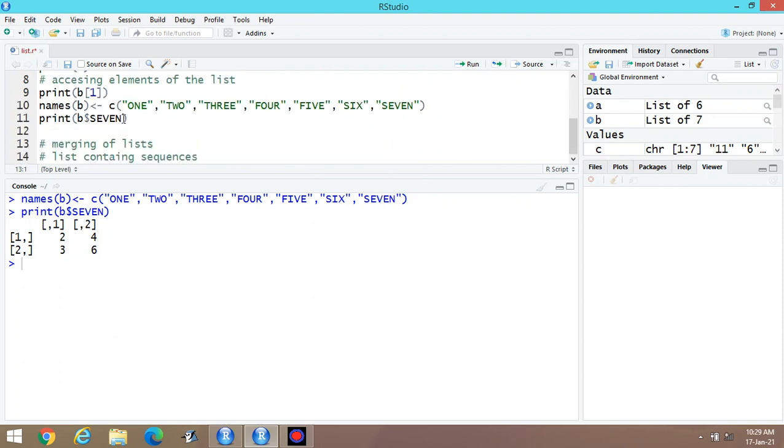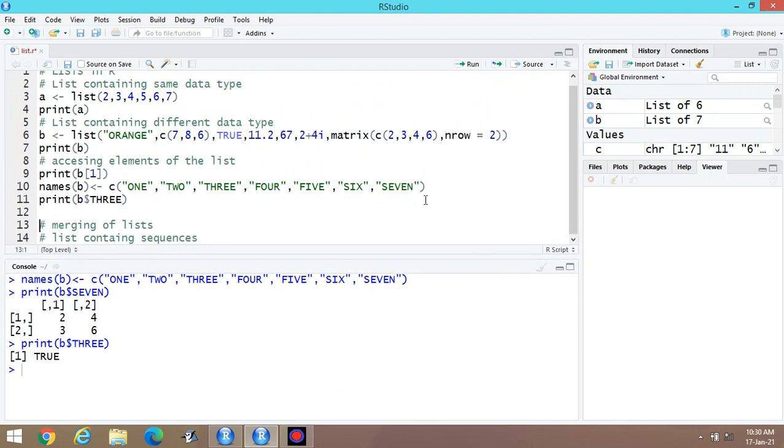If I am writing 3 here, it means I can print the third element. You can display the content accordingly. If I am writing 3, I can print the third element, that is true. You can check here, this one is the third element, true.